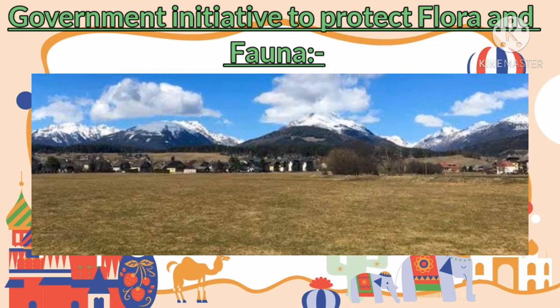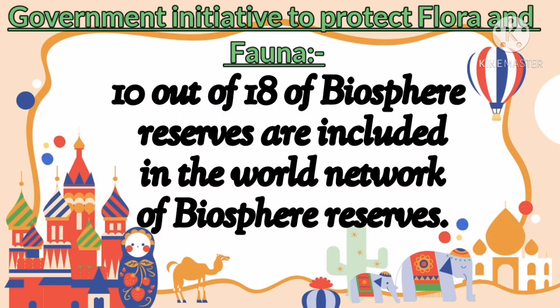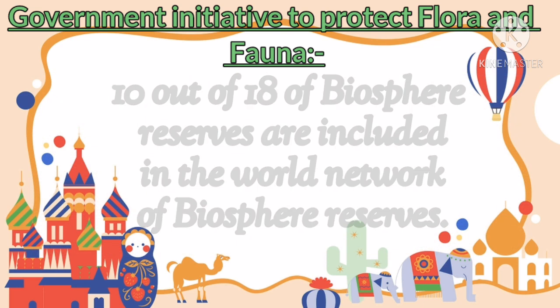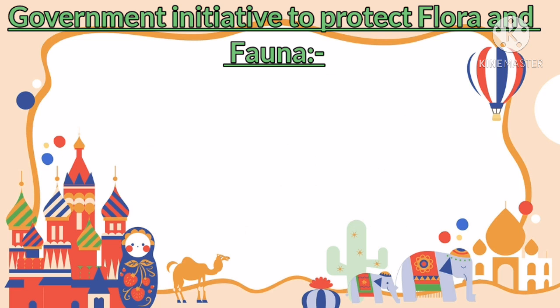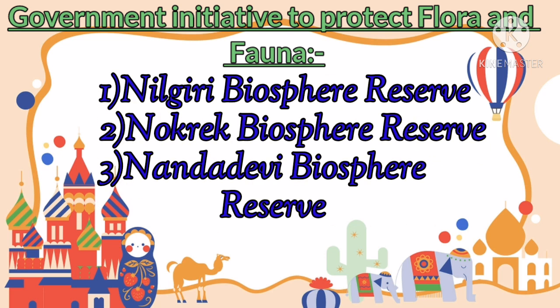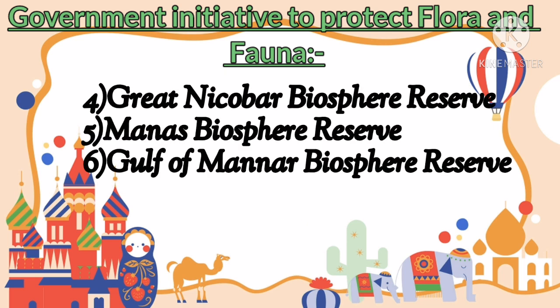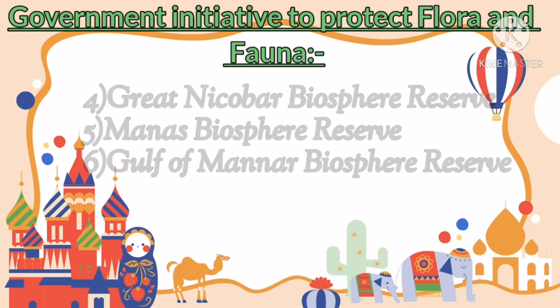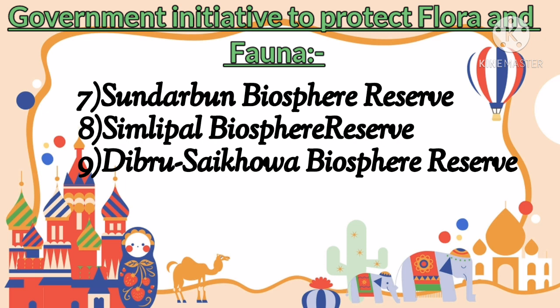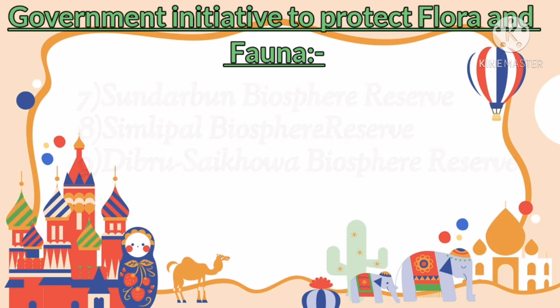18 biosphere reserves have been set up in India to protect flora and fauna. 10 out of these have been included in the World Network of Biosphere Reserves. Indian Biosphere Reserves: Nilgiri Biosphere Reserve in Tamil Nadu, Nokrek Biosphere Reserve in Meghalaya, Nanda Devi Biosphere Reserve in Uttarakhand, Great Nicobar Biosphere Reserve in Andaman and Nicobar Islands, Manas Biosphere Reserve in Assam, Gulf of Mannar Biosphere Reserve in Tamil Nadu, Sundarban Biosphere Reserve in West Bengal, Simlipal Biosphere Reserve in Odisha, Dibru-Saikhowa Biosphere Reserve in Assam, Dihang